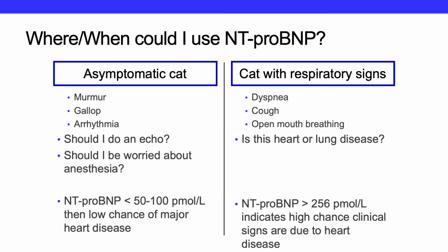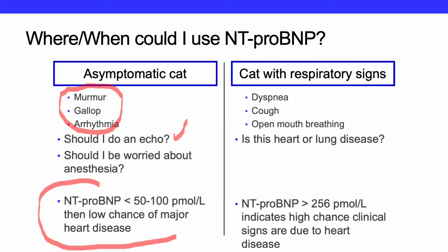So maybe two situations where you could think about using an NT-proBNP test. One would be in an asymptomatic cat where you've noted murmur or gallop arrhythmia and you're trying to decide, should I do an echo? And some people would just say, yes, do the echo. And other people would like an extra little piece of information to help them counsel the owner on whether they should spend money on an echo. And so most cats who do not have significant heart disease have a BNP that's going to be less than